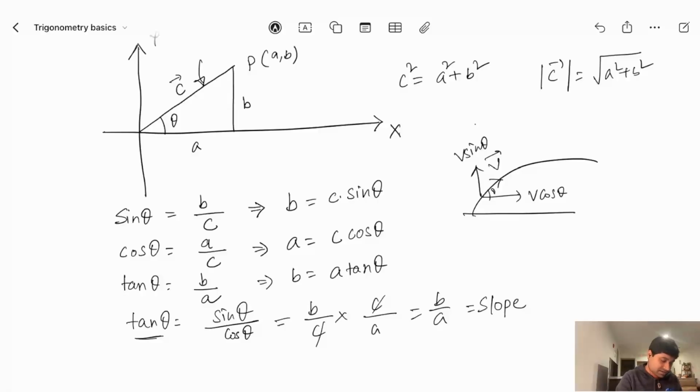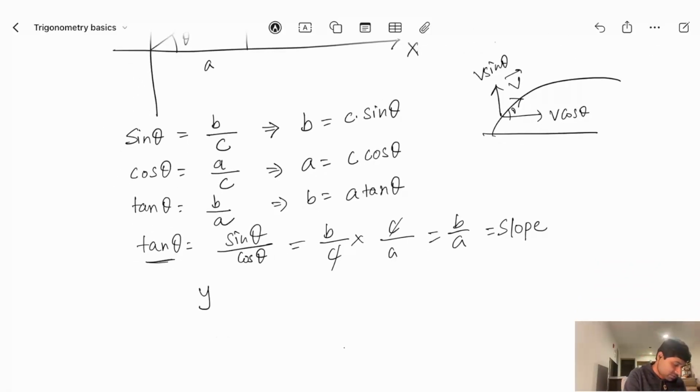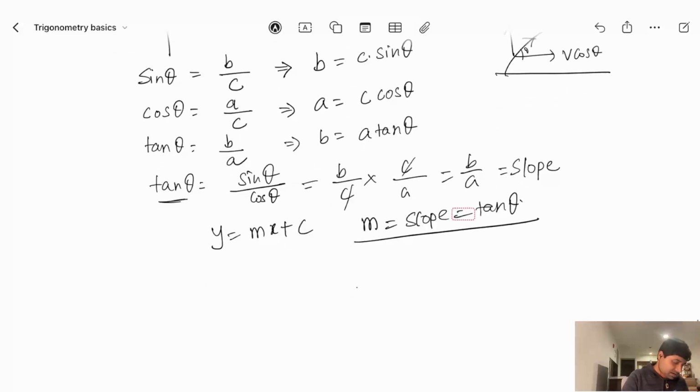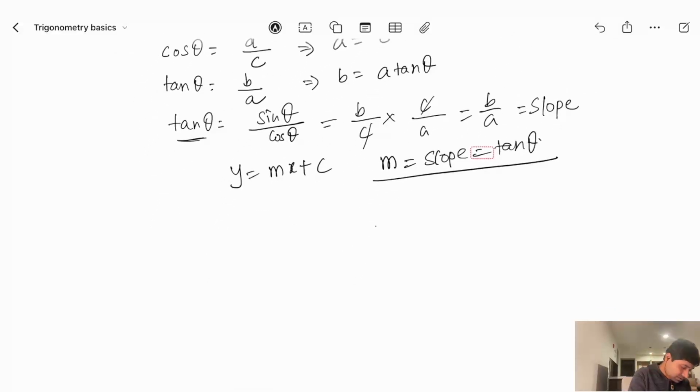You might see the equation of a straight line, y equals mx plus c, where this m is the slope, which is actually your tan theta. We'll discover this in future lectures, but for the time being it's just a hint: tan theta is the slope of that particular line segment. Okay, let's go back to the angle calculation,